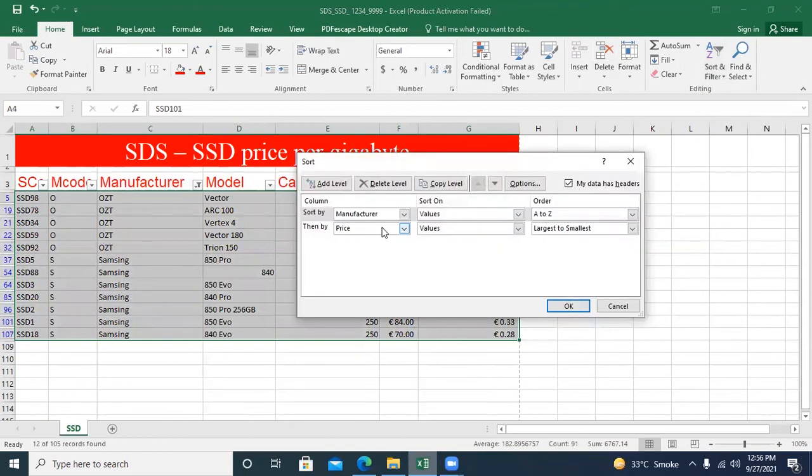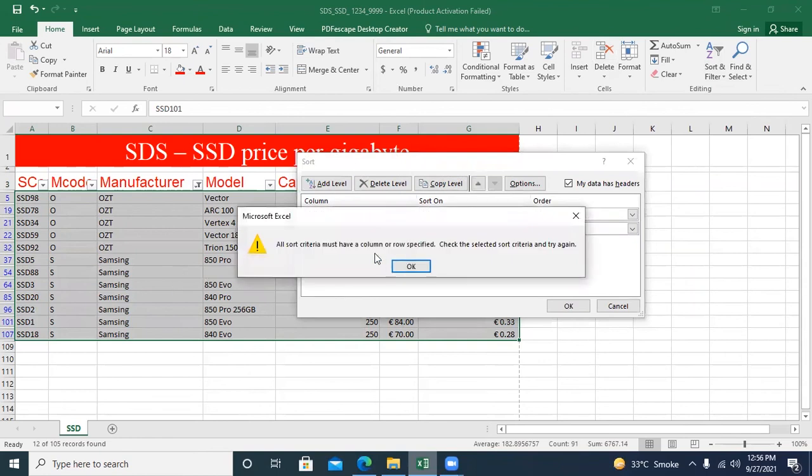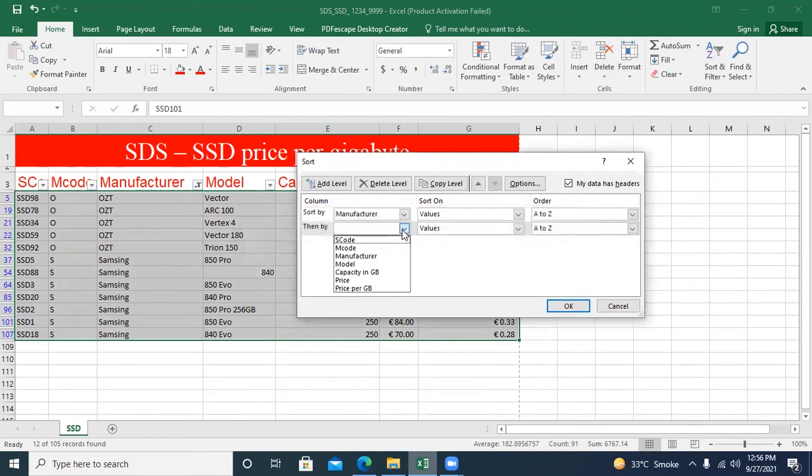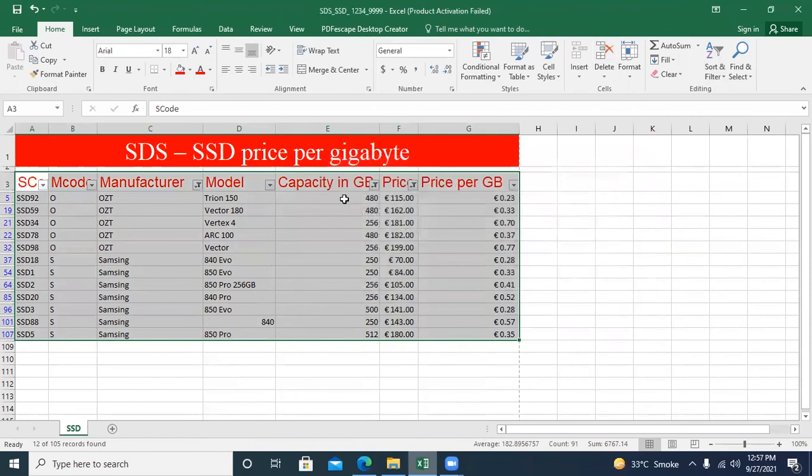Here is price, delete it and add a level. First sort by manufacturer A to Z, and then price smallest to largest.